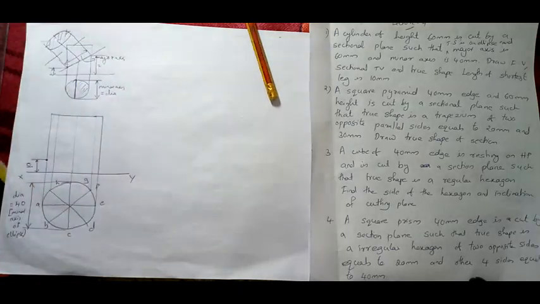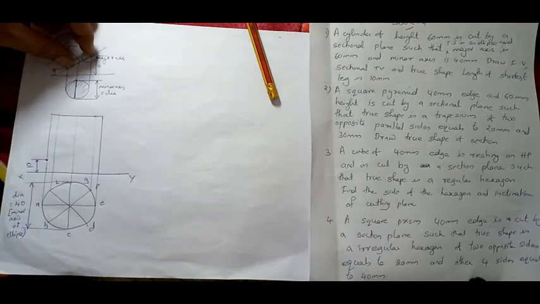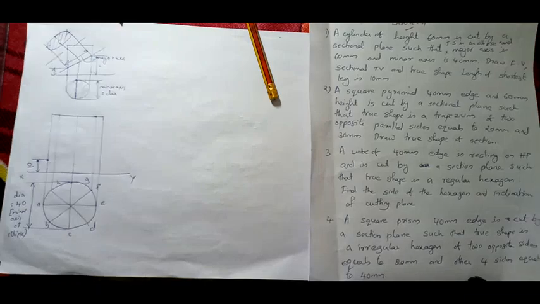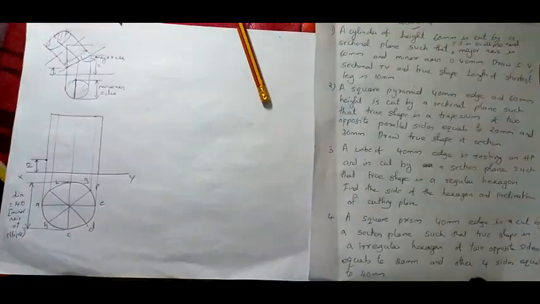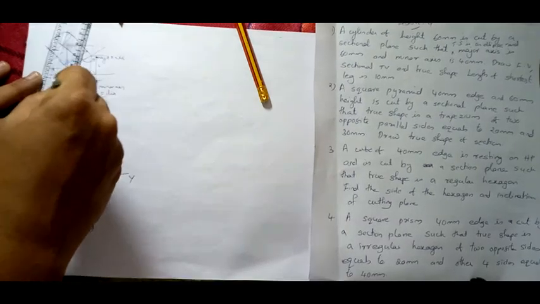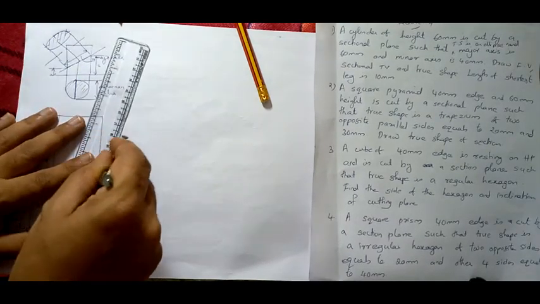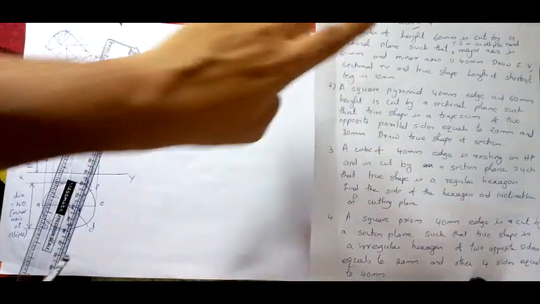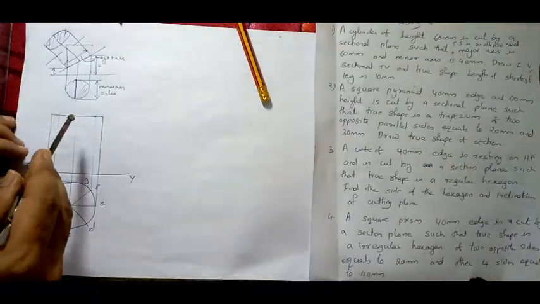Now they have given major axis as 60 mm. See, the line which you have drawn for obtaining the section will give you the dimension of the major axis. So here they have given major axis is equal to 60 mm. So take the length of major axis on compass, let it be 60 mm. I'm arbitrarily taking it. So take 60 mm on compass. What is 60 mm? 60 mm is the length of the major axis.